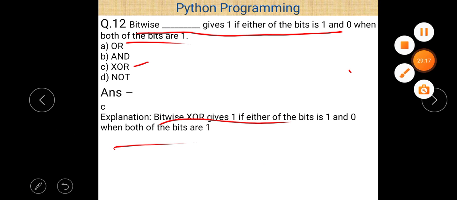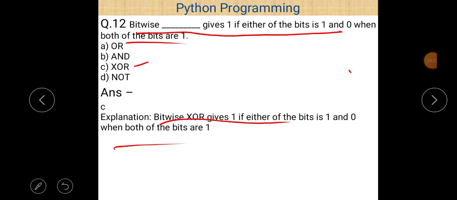Some questions are also remaining, so those will be discussed in our next video. So bitwise operators will be continued in our next video. So just practice on the representation of different number systems. This will give you an idea about how to convert one number system into another, and after that bitwise operators look very simple. So thanks for watching this video.